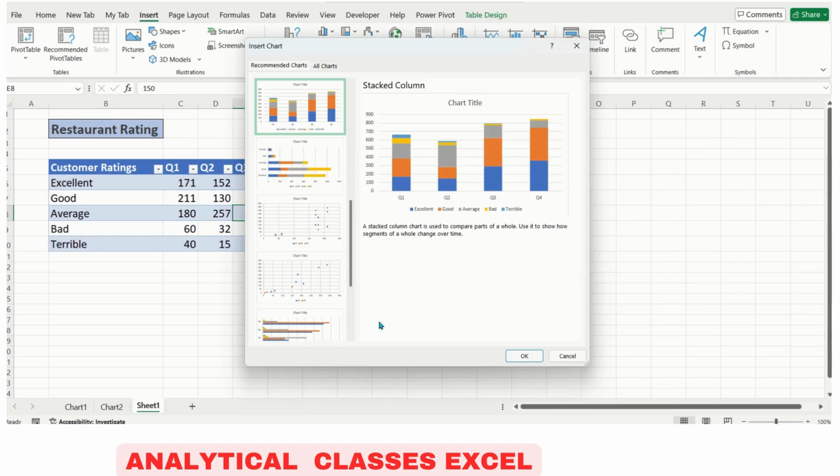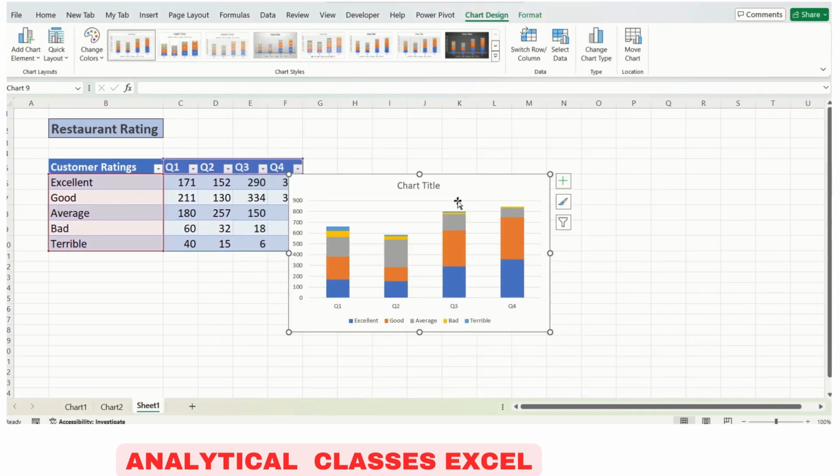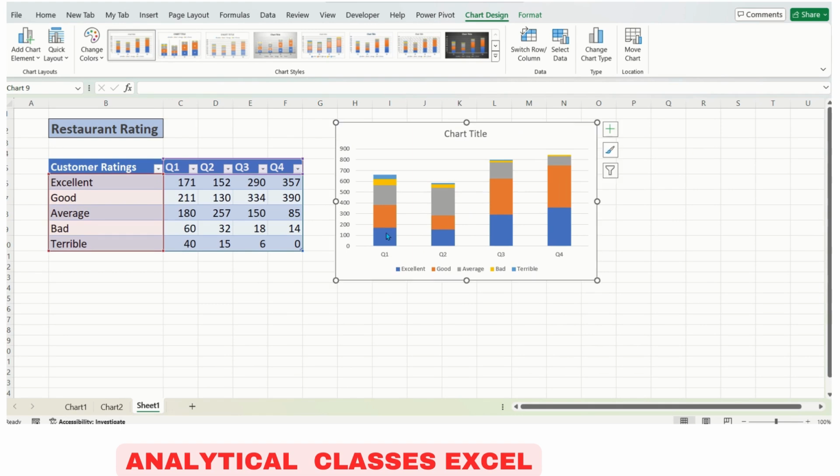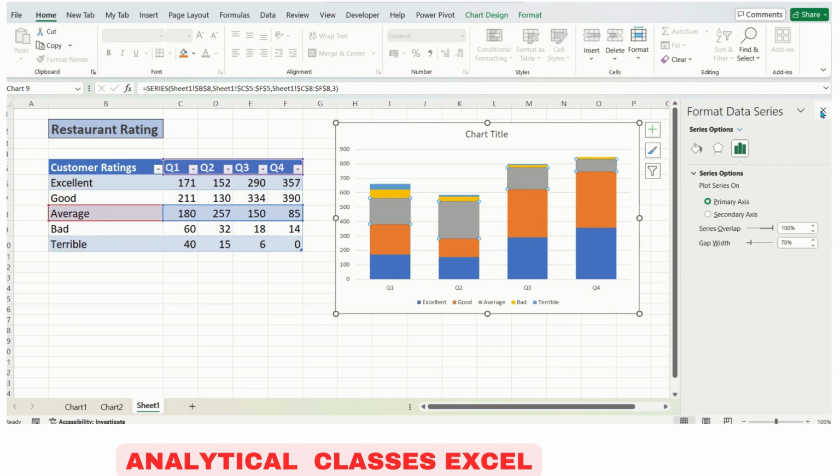So now coming to the stacked column chart. This is the stacked column chart in which all the quarters are placed one above the other. Instead of placing them side by side, it is one above the other. Stacked column charts are useful for showing totals that are the sum of 2 or more categories.